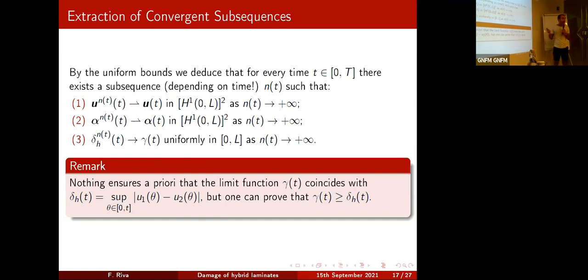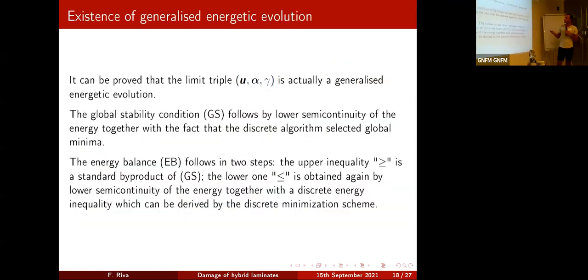But in some cases, we were able to prove equality. And this is, let's say, the second part of our result. Yeah, I skipped this last slide. Let's say that it can be proved that this limit function, when obtained this way, is actually a generalized energetic evolution. This follows,